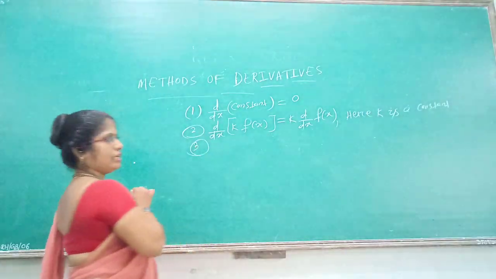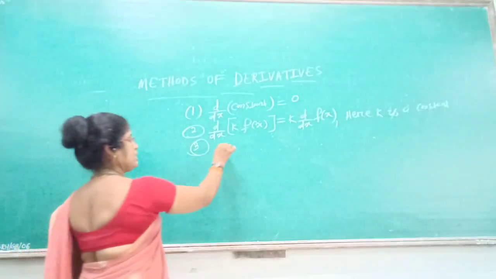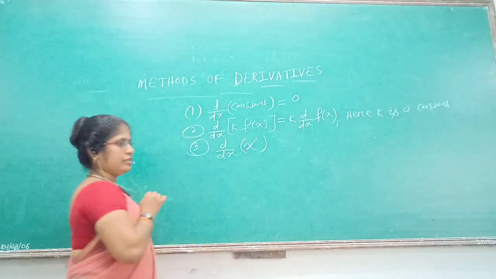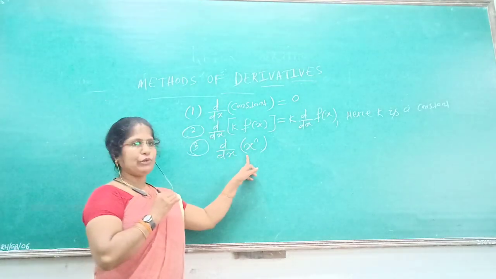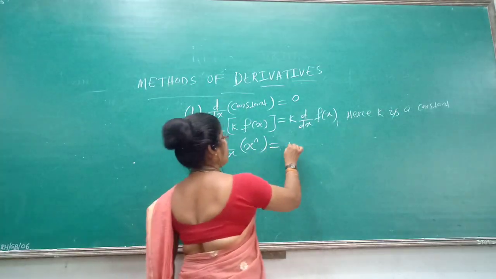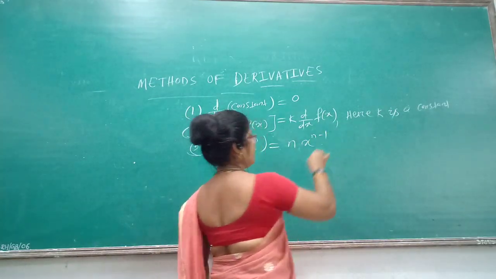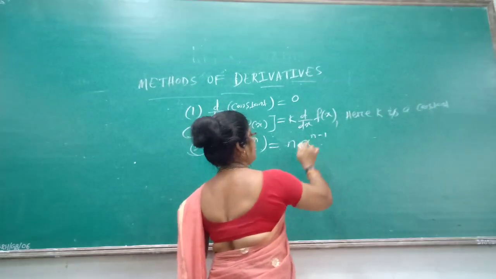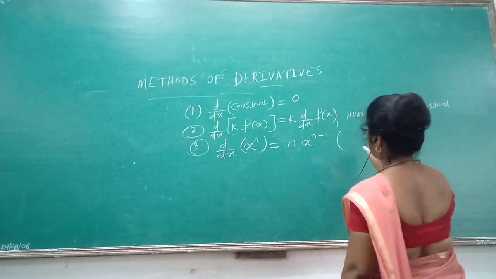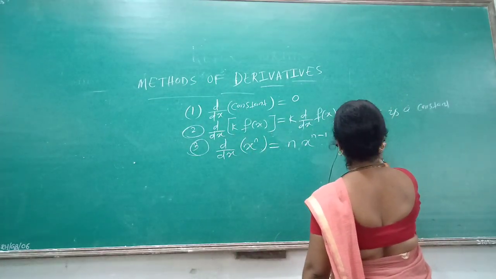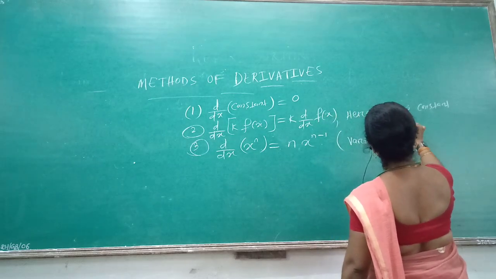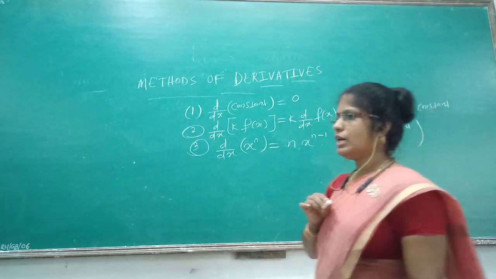Next, the important formula for derivative is d by dx of x to the power n. Here x is the variable and n is any constant. Then the formula is n x to the power n minus 1. This formula is applied when it is variable to the power constant. And another formula,